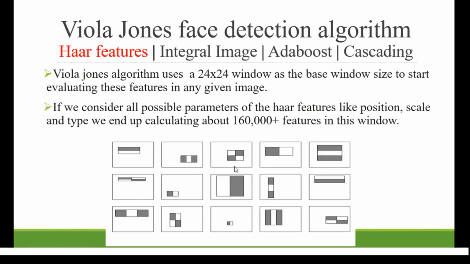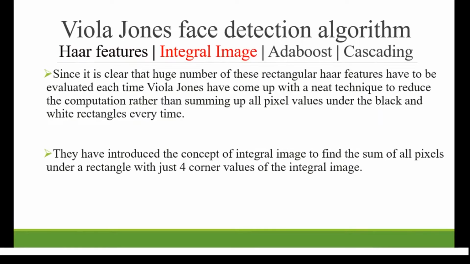So they'll make a lot of features, that is more than 160,000. So since it's clear that there is a huge number of these, to reduce the computation rather than summing up all pixel values under the black and white every time, they have introduced the concept of integral image to find the sum of all pixels under a rectangle with just 4 corner values